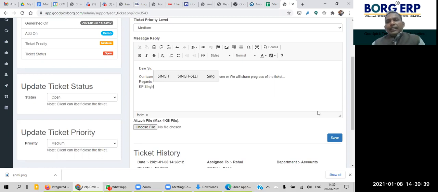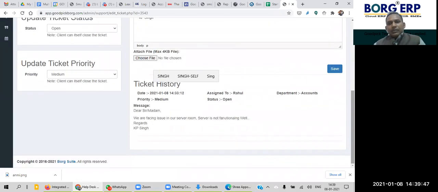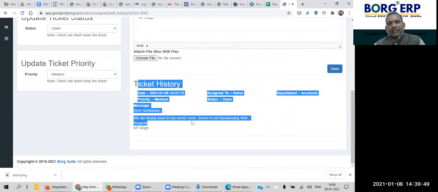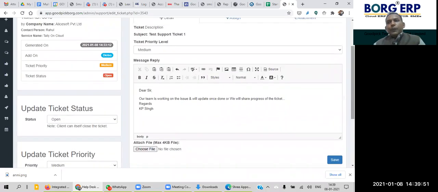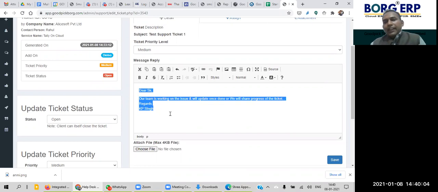One thing to be noted here, once I click on save, then what will happen? If I click on save, definitely it will come somewhere on top of this ticket history. Number two, that customer will receive an email notification containing all this status update in his or her registered email ID.